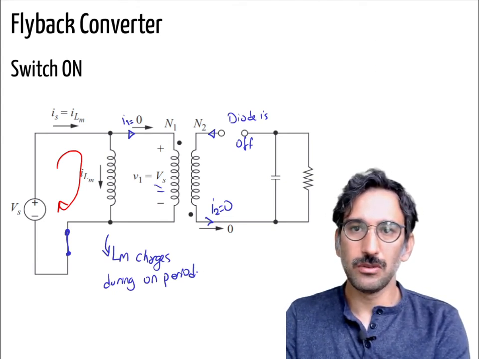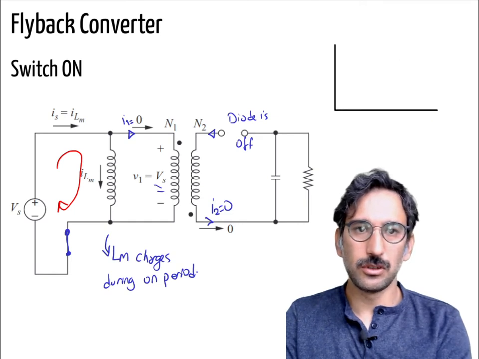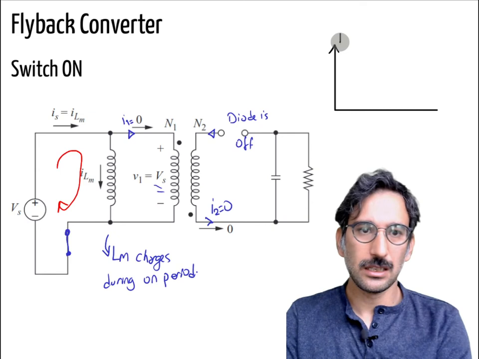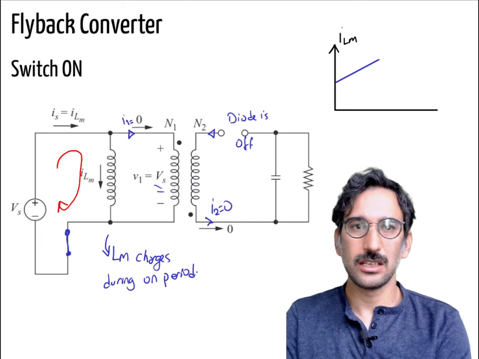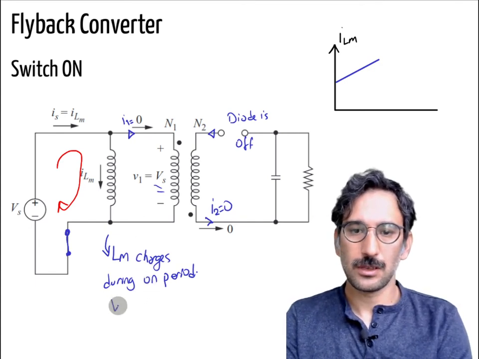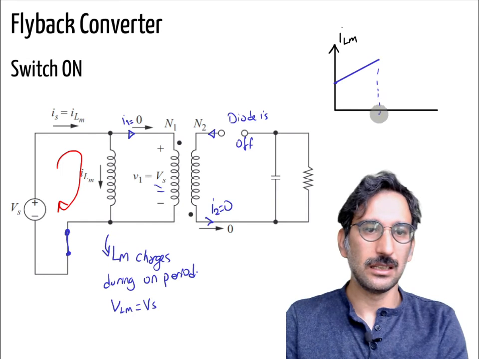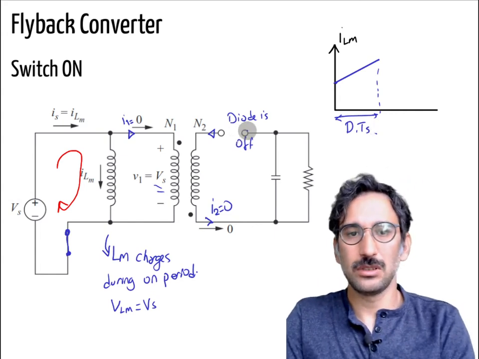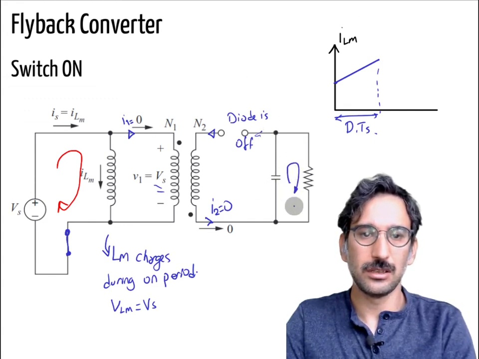So again, I will show all those slides later on, but let me plot it. Let's say this is ILM. During that period your inductor is charging linearly. Why? Because VLM is equal to Vs. So actually you can calculate the slope of that, and it will charge up for D time Ts. Okay, and diode current, or I2, is 0, and in that period our capacitor is